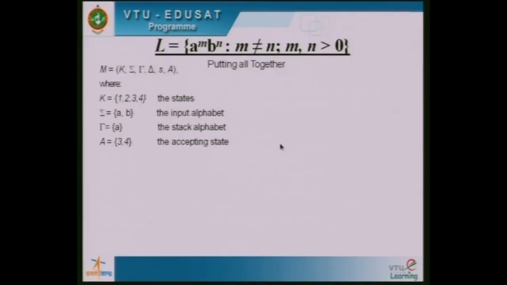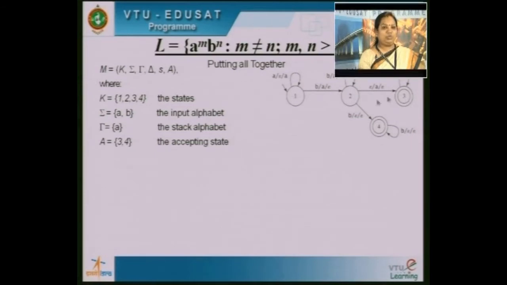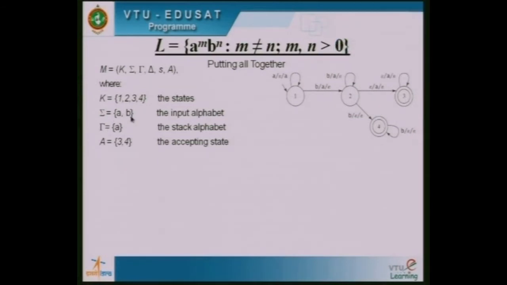Now, combining both together, the final language obtained consists of 4 states 1, 2, 3 and 4. Sigma is {a, b}, gamma is we store only a into the stack and pop a when we come across a b, and final states are 3 and 4. So, 3 for if m is greater than n, 4 if m is less than n, and the delta transitions